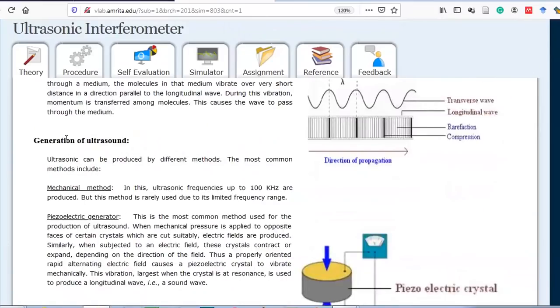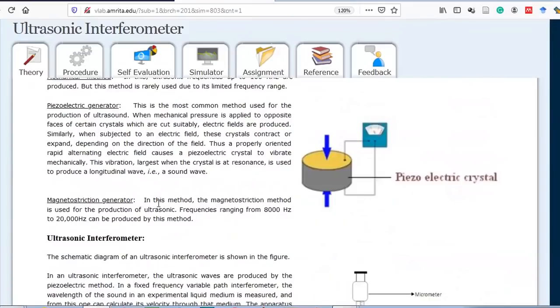Okay, these are the methods they have given for how to generate ultrasound, ultrasonic waves. Let me tell you that all such details we are also going to cover in your regular lectures. So your class faculty, the respective faculty of physics, can give you more idea in the lecture time about this, but this is the general thing you must know, or you just go through that.